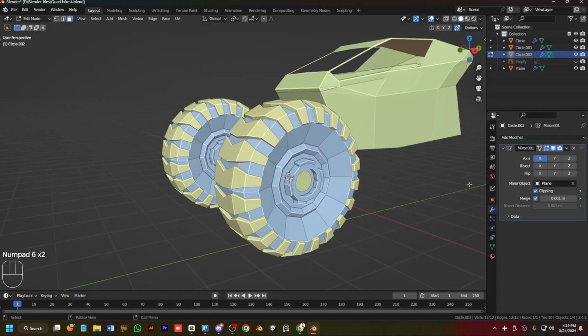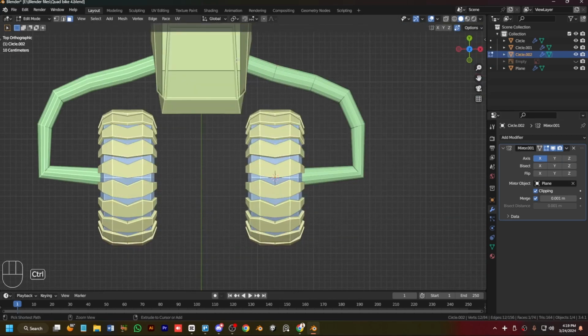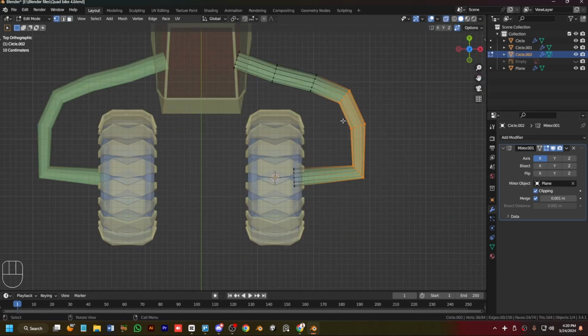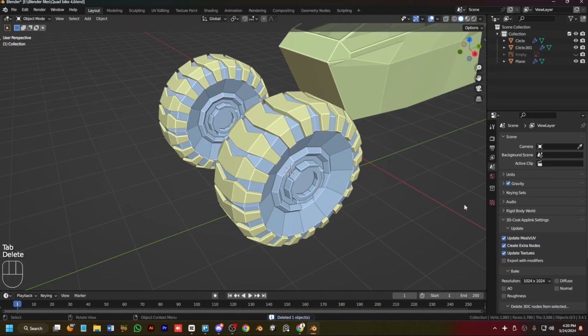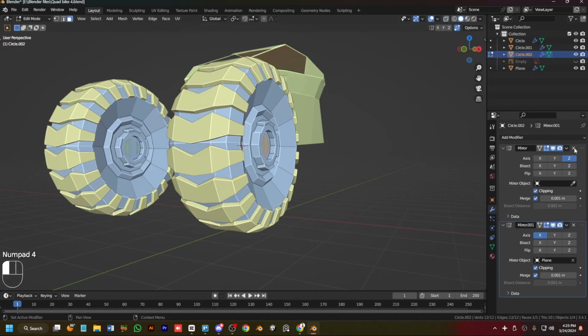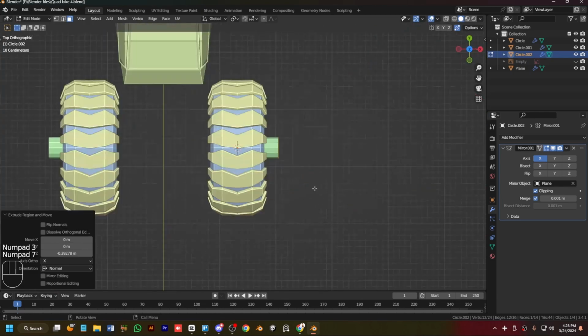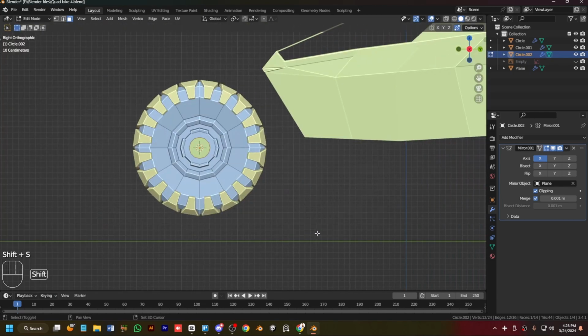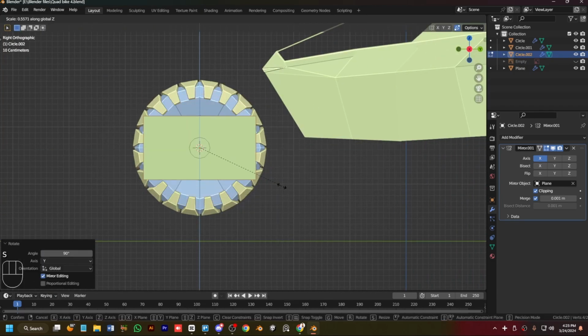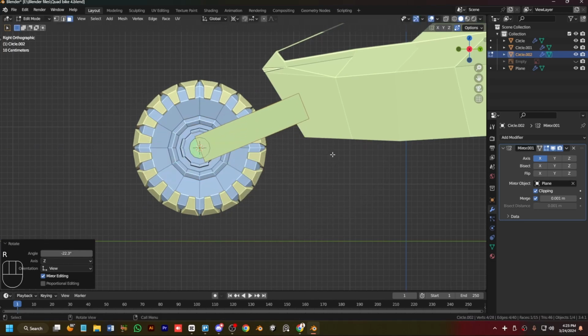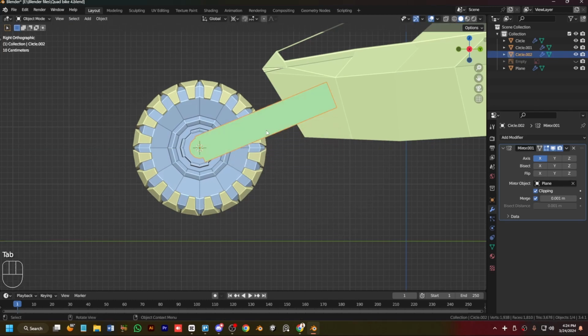We can make the tire a single object after we're done modeling. Now the main work starts. Duplicate the face and the bottom mirror, and then we can extrude it and make something like that. Okay. Or we can do one more thing, extrude this and then set the cursor to this face and then